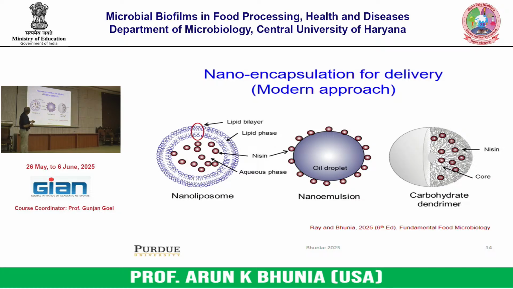Also, this is another one, again worked on at Purdue University with one of my colleagues, who is a carbohydrate expert. He found some natural dendrimer-like structure. What he did was load nisin in the core, and as you deliver it, whether for drug delivery or for antimicrobial purposes in food preservation, this model allows slow release of this bacteriocin,